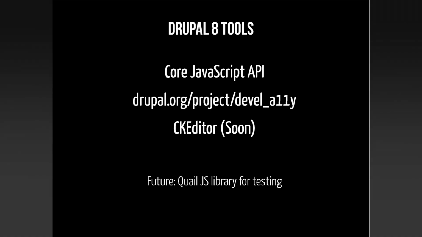And in the future, I don't know if you can read it, but there's a Quail JavaScript library that I've been working on just as a contractor, I haven't developed it. That allows you to check a web page for the WCAG guidelines and a bit more. So hopefully this will be integrated within Drupal to check for accessibility over time. We're not there